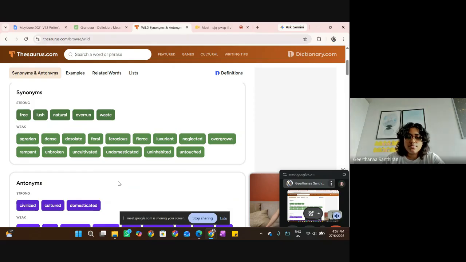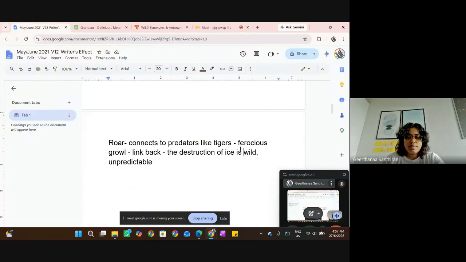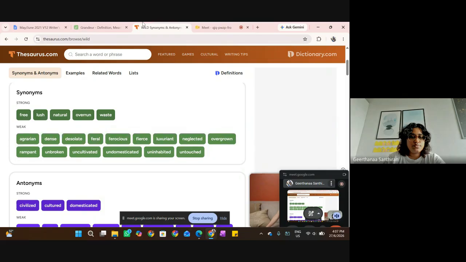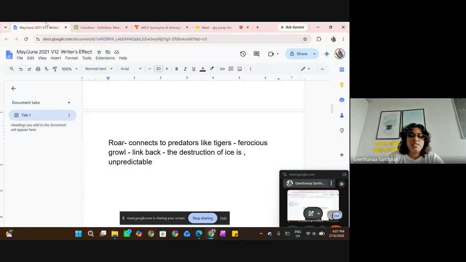Ferocious, feral, rampant. Okay. So maybe we can use the word rampant. The destruction of ice is rampant, ferocious, feral, has a feral nature to it. The destruction of ice has a feral, feral. So if I want to say unpredictable,